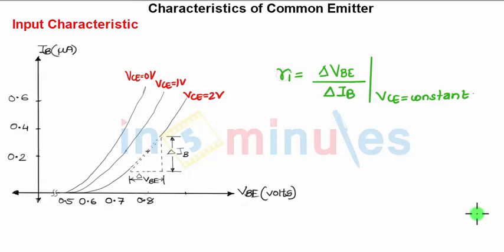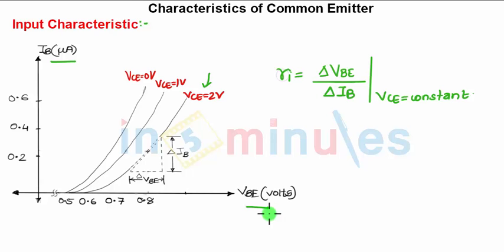Next topic is characteristics of common emitter. There are two characteristics, as I have told you, input characteristics and output characteristics. How are we drawing the characteristics? On the input side, input voltage is on the x-axis and input current on the y-axis, keeping output voltage constant. Now what happens over here? At the input you have JBE forward bias. When JBE is forward bias, the variation of IB with the increase in VBE is nothing but the